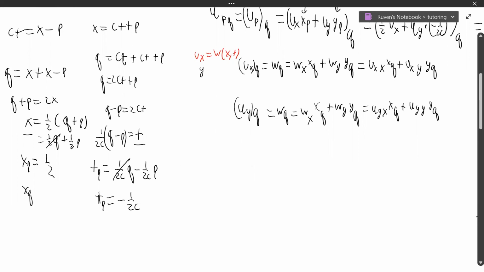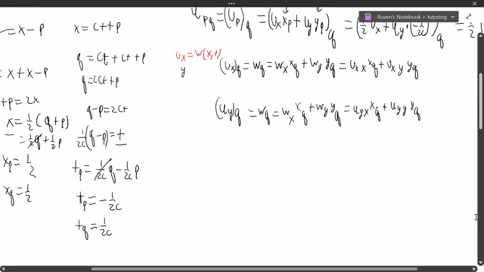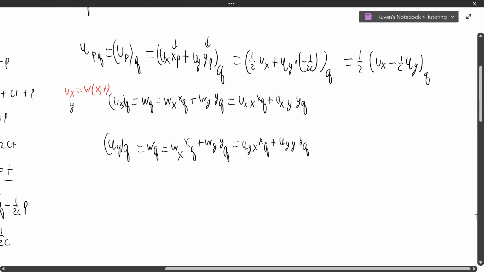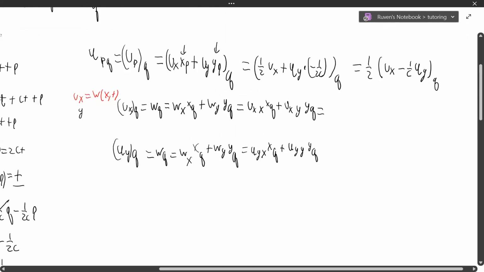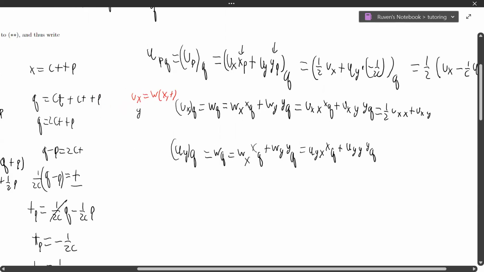So xq would be equal to 1/2, and tq would just be equal to, so this would disappear and it would just be 1/2c, because the negative would be gone. So then uxx, so xq is 1/2, so we get 1/2 uxx plus uxt and then tq,